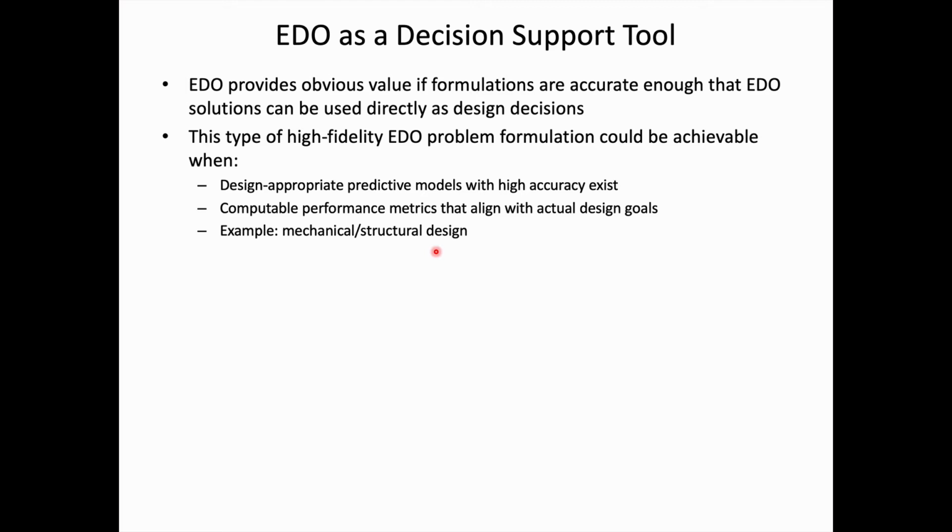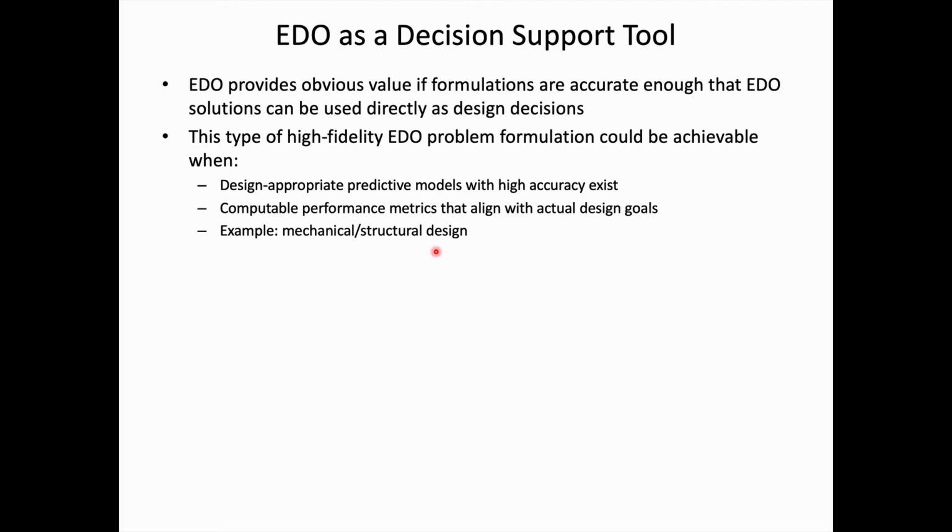There are other areas where models don't yet exist that are really compatible with design optimization. Maybe we have to rely on data-driven models instead of first principles models. And in that case, it can be a very intensive investment to perform a design optimization study if we are